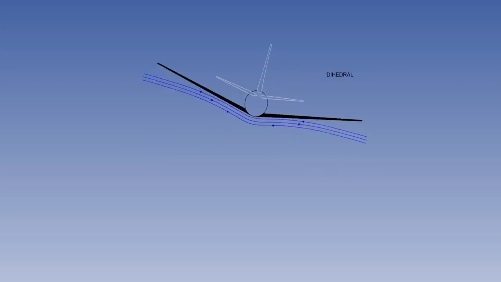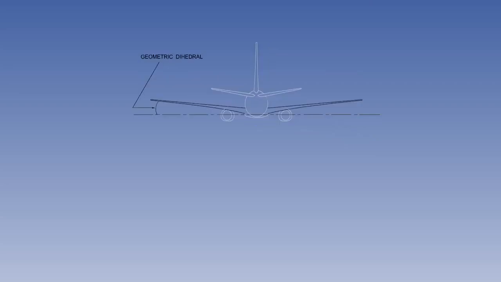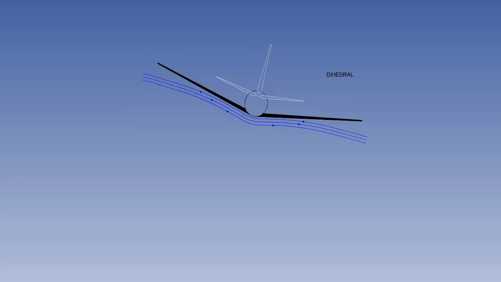The designers can reduce the unstable contribution of a low-mounted wing by fitting the wing on the fuselage at an angle. This is called dihedral. The upward inclination of the wing from the horizontal. Let's see how dihedral reduces the unstable contribution of a low-mounted wing. It is clear that dihedral removes the wing from the influence of the airflow around the bottom of the wing fuselage junction,